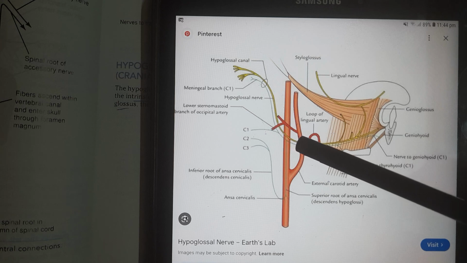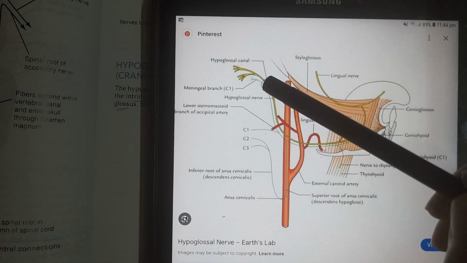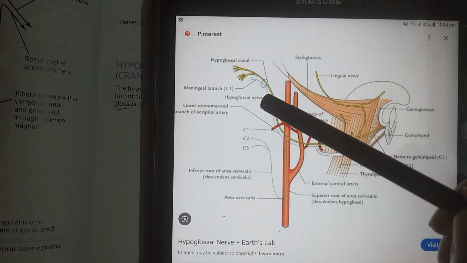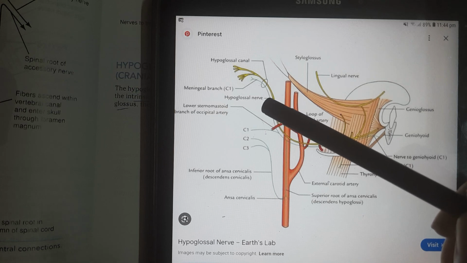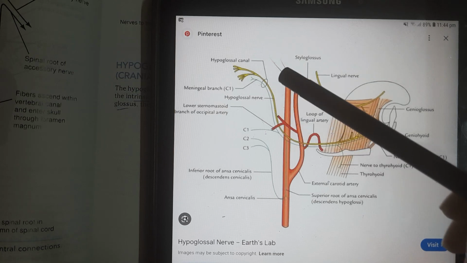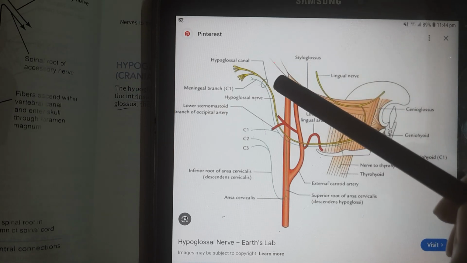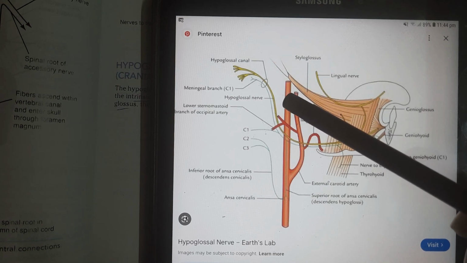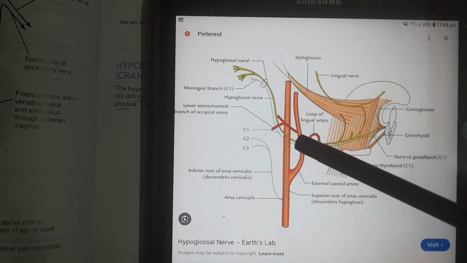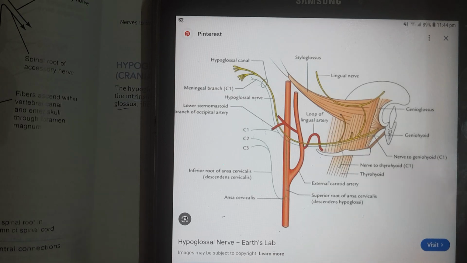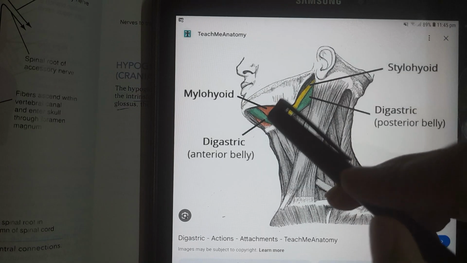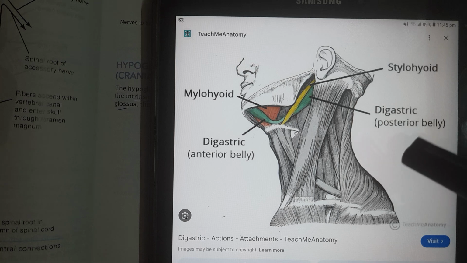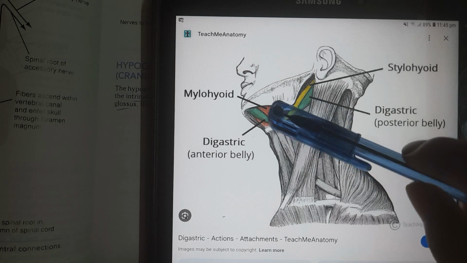Just after the hypoglossal canal, there were two things that they have not written over here, but they were the internal carotid artery and the internal jugular vein. Then just below the digastric muscle, it passes between the external and the internal carotid arteries like this. Now when it reaches the inferior portion of this mylohyoid muscle, this red in color,